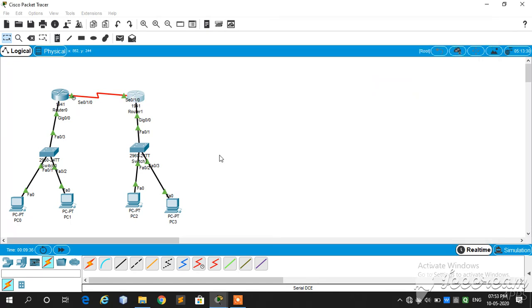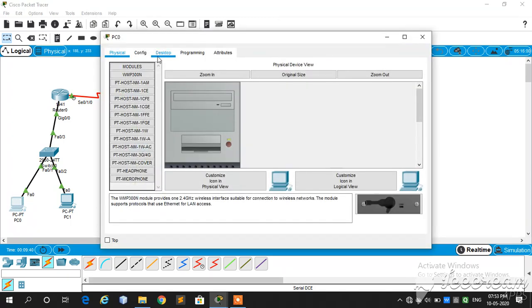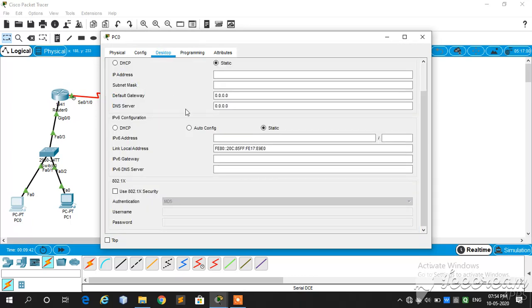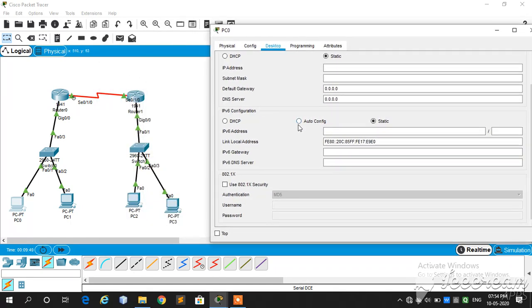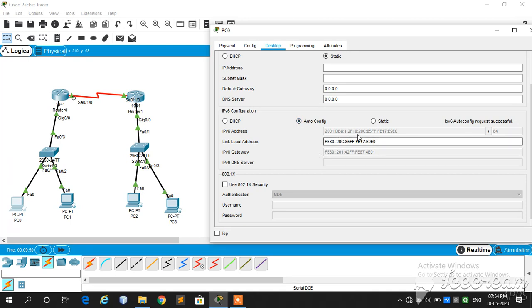Now I need to check the IP address for these PCs. It will assign the IP of subnet 2F10 because this network is of subnet 2F10, so it will assign the IP to this PC of network 2F10, and the IPv6 gateway for this PC is the IP address of this gig 0/0 port.